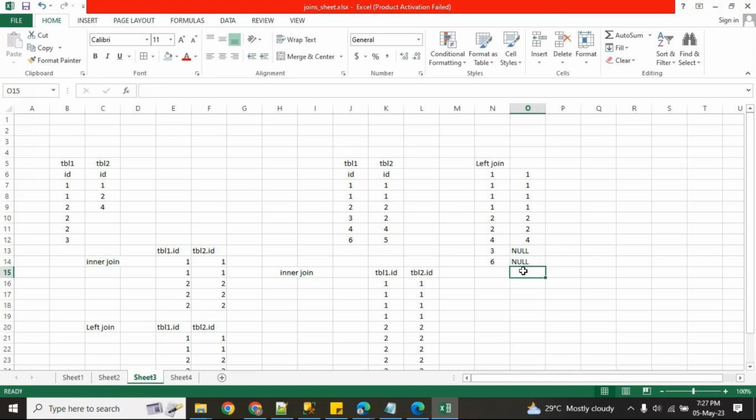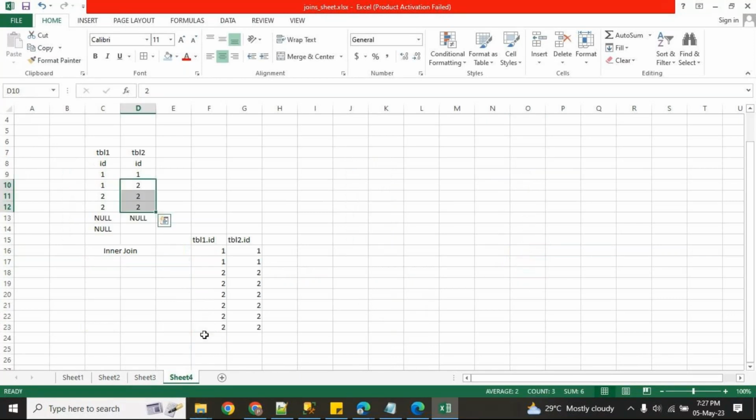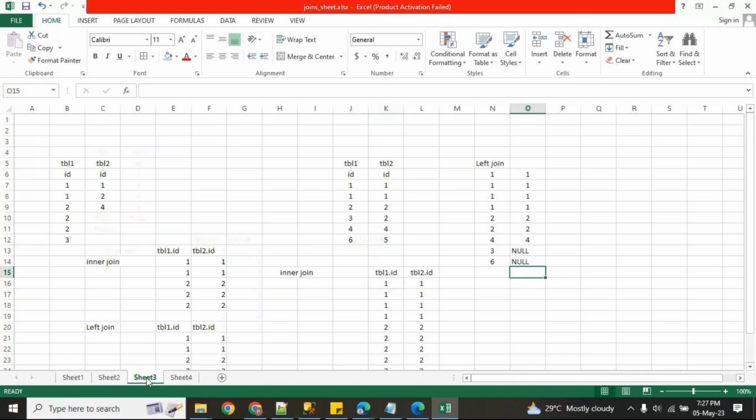Okay. Now the same thing here, coming to left join related. So as you understand, the inner join output, then which are all not matched, we will get that one.